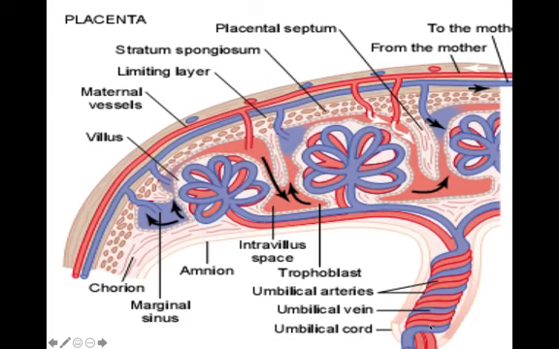So the blood enters from the umbilical arteries, then into the capillaries, and there diffusion occurs, and then it goes back into the vein and then back to the baby. On the other side, this is the wall of the endometrium. It is supplied by the maternal blood vessels. In this case, these are the uterine arteries through which the blood enters into the placenta, and from the uterine arteries, here it will enter into the sinuses. You guys have already studied about the sinuses in the physiology and anatomy of the vessels.